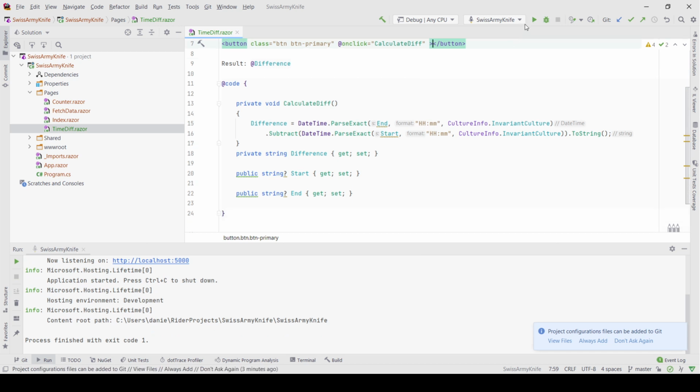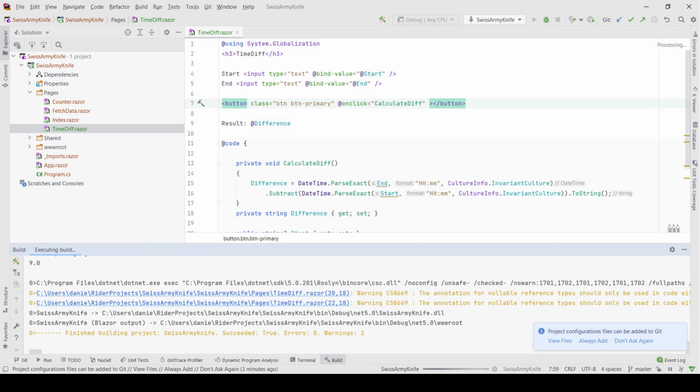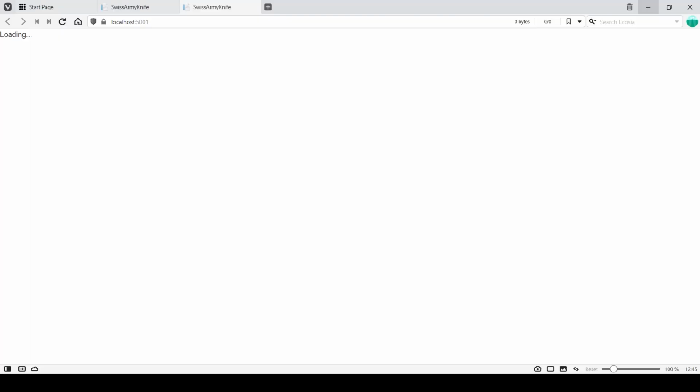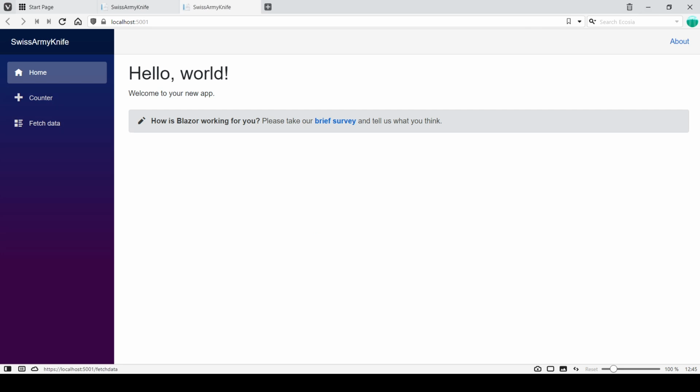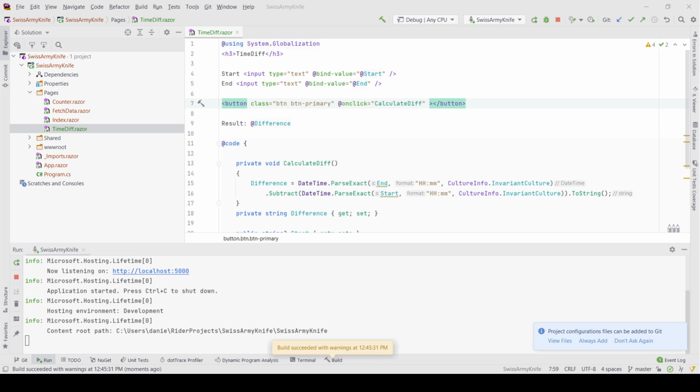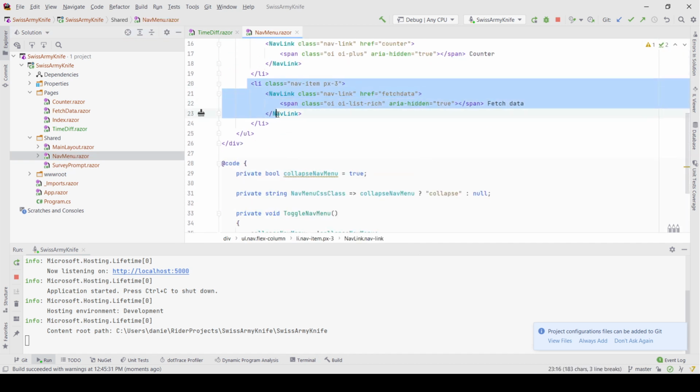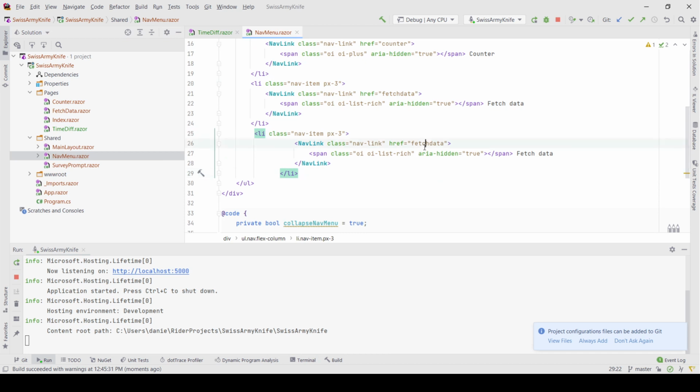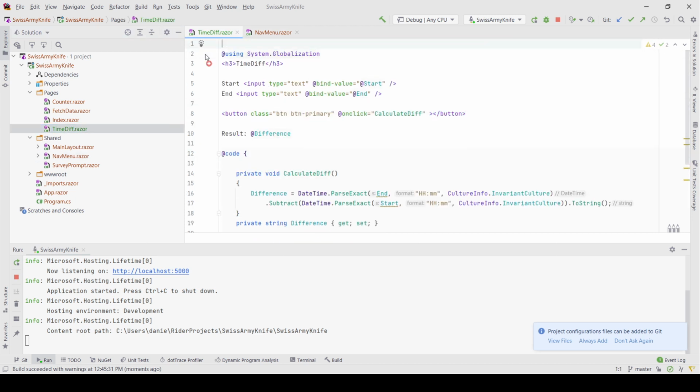So I can start and see how it looks. So there is no entry in the menu. I forgot to add the entry. And we can easily do this by coming here, and I'll have to tell here this is the time difference, time difference, this will be the name. And if I go to the page, I still have to add, add page, and I can say that it's going to listen at this endpoint time diff. And if I start it again,